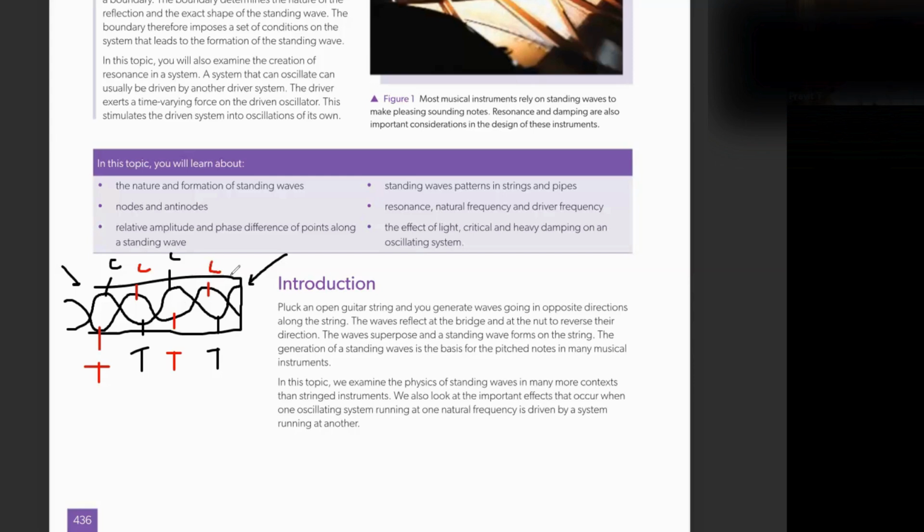So how did this formation occur? This formation occurred because of reflection at a boundary. Now I told you, right, boundary conditions are very important for a standing wave. So we have a boundary here which is causing the reflection. And this boundary has some conditions, mathematical conditions, which we will see. So this is the basic thing which I'm showing you. You have an incoming wave, you have a boundary, then you have an outgoing wave,